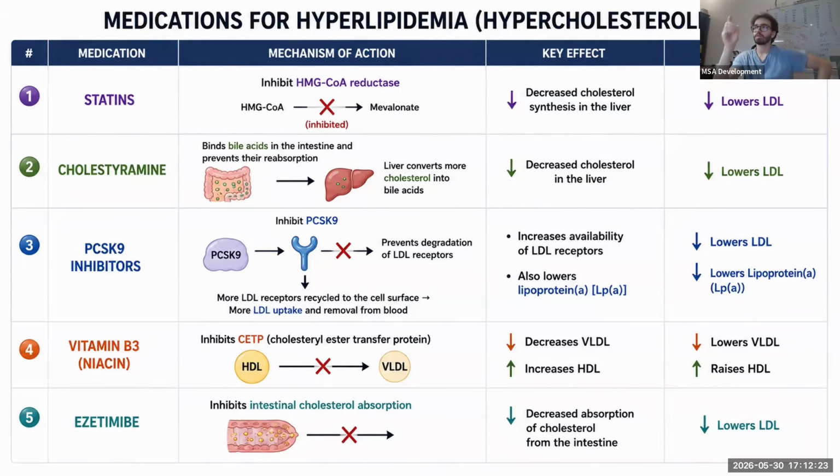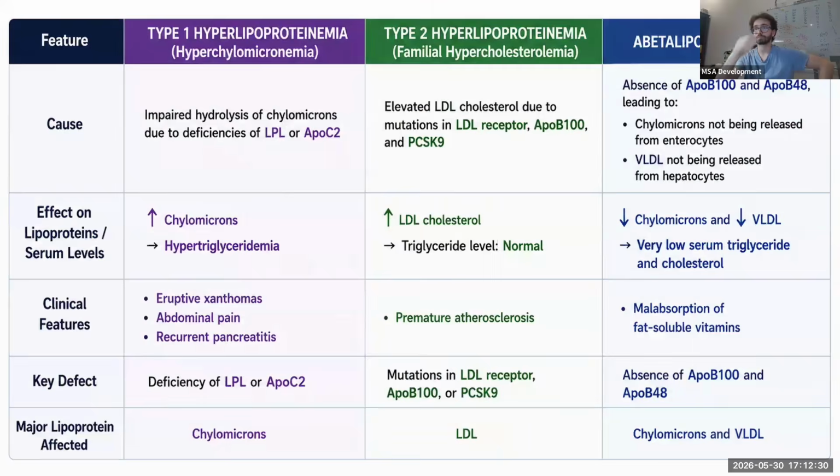Now, next, we're going to talk about the disorders and diseases that are linked with having too much lipoproteins or too little. These are the three diseases we're going to talk about. Type 1 hyperlipoproteinemia and type 2 hyperlipoproteinemia. Type 1 is about chylomicrons. We have hyperchylomicronemia. We have too many chylomicrons. Type 2 is about hypercholesterolemia. We already talked about it, the familial hypercholesterolemia due to a defect in LDL receptors. We already talked about this.